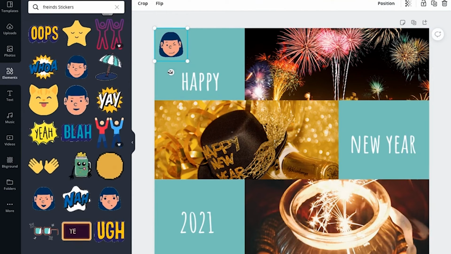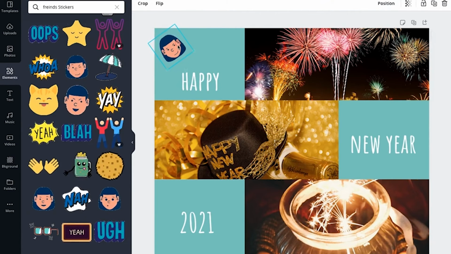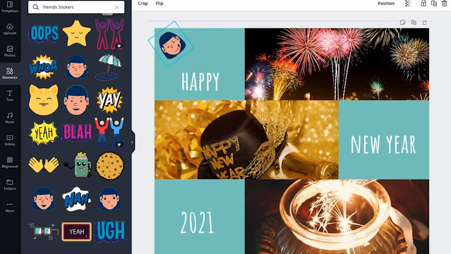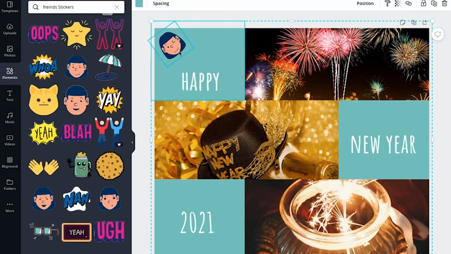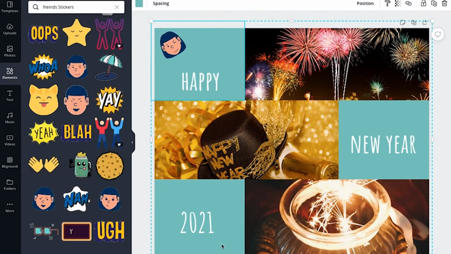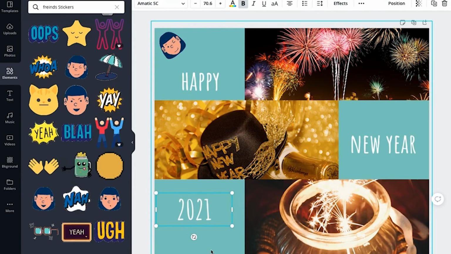Okay, and you could actually tilt a bit so that it doesn't look too static. So as you can see, I can tilt this here. Now, since I have added an element here, probably I would like to add an element at the last block so that it stabilizes the whole poster and makes it look synchronized.